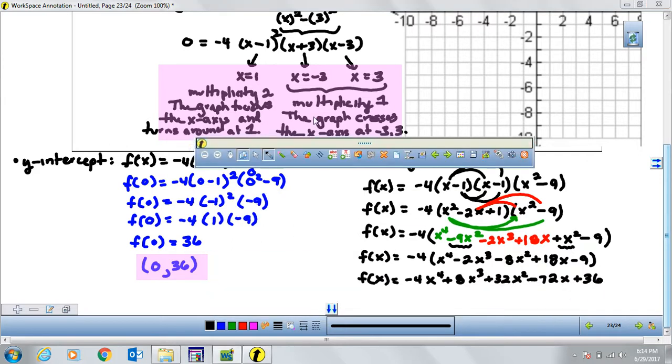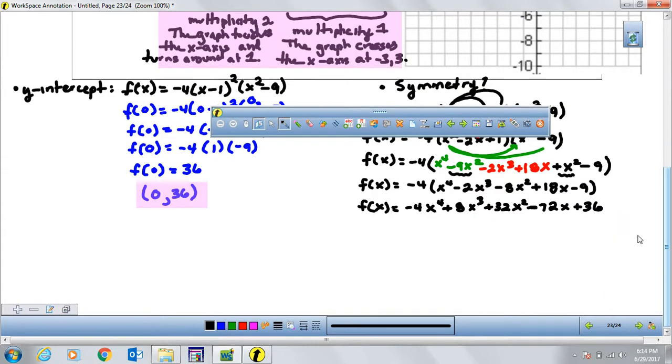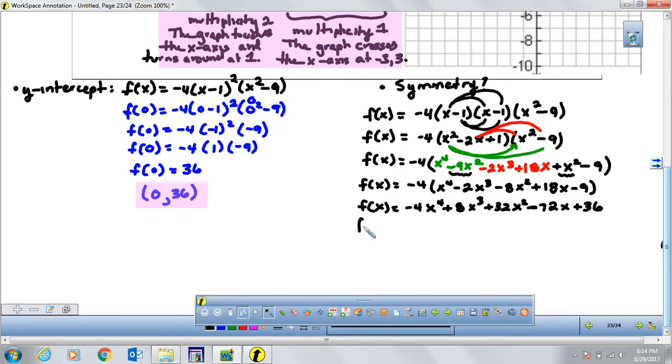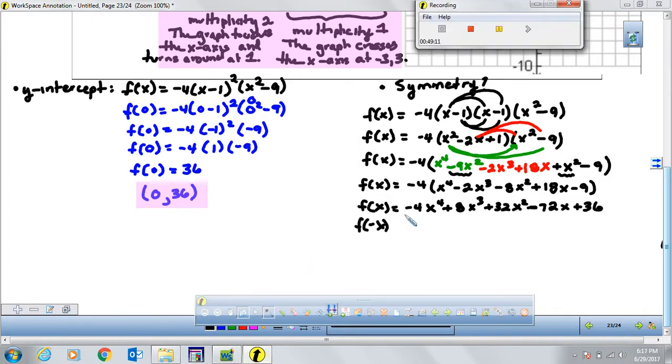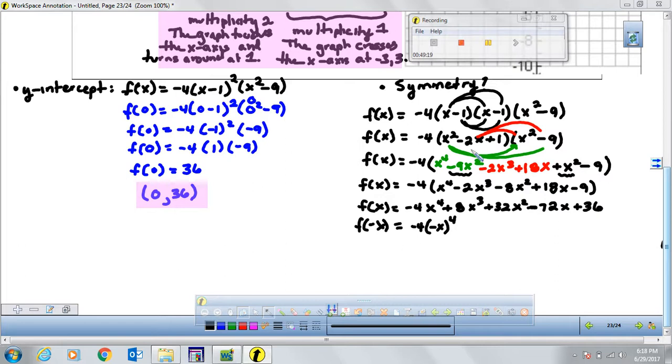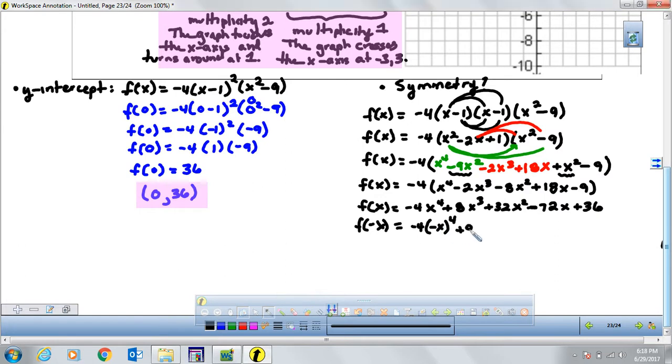Now, I just want you to check on something. On this polynomial, if I replace every x with a negative x, what we're going to get is the following. Negative 4 times x, which is going to become a negative x to the 4th, then plus 8 times x, which becomes a negative x to the 3rd power, plus 32 times negative x to the 2nd power, minus 72 times negative x,